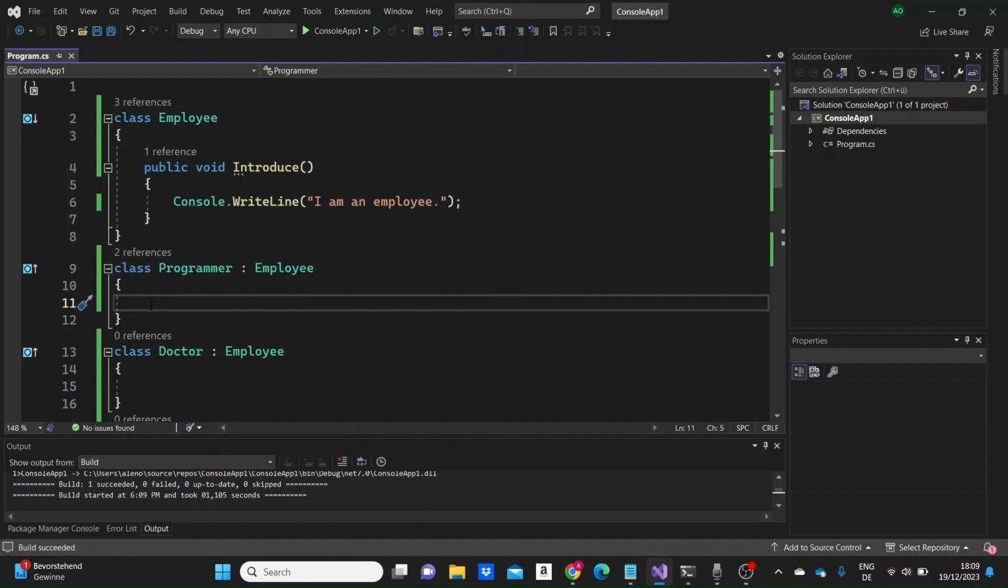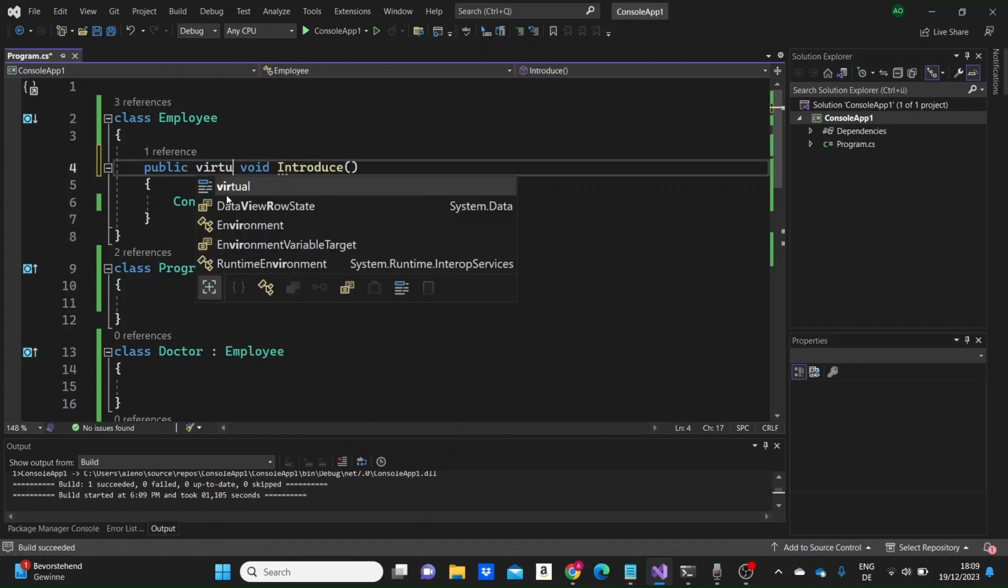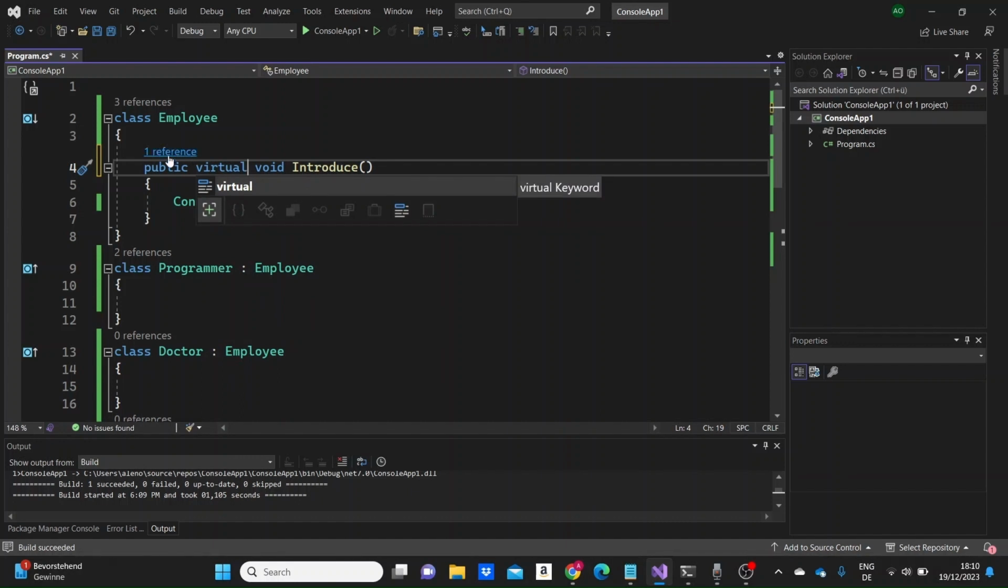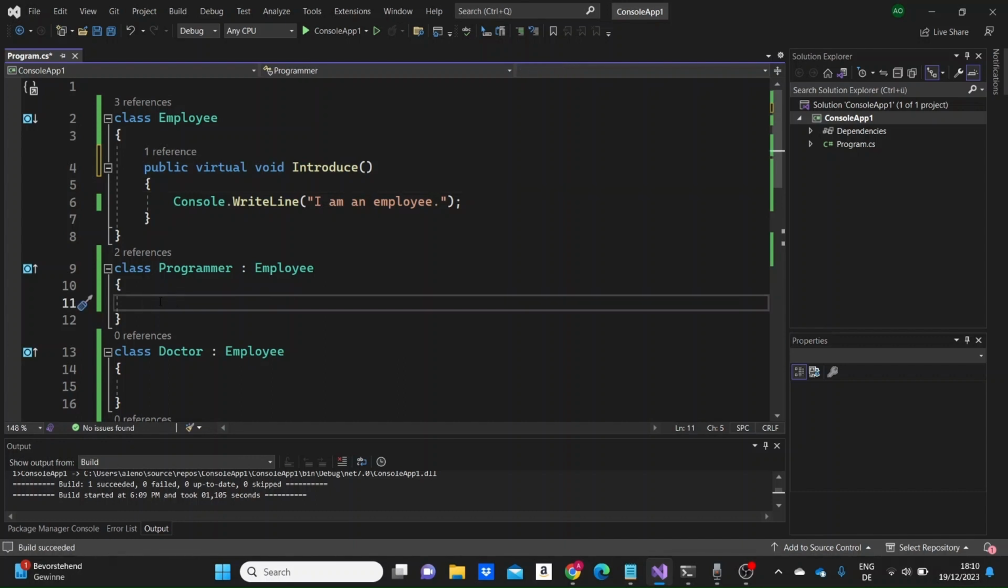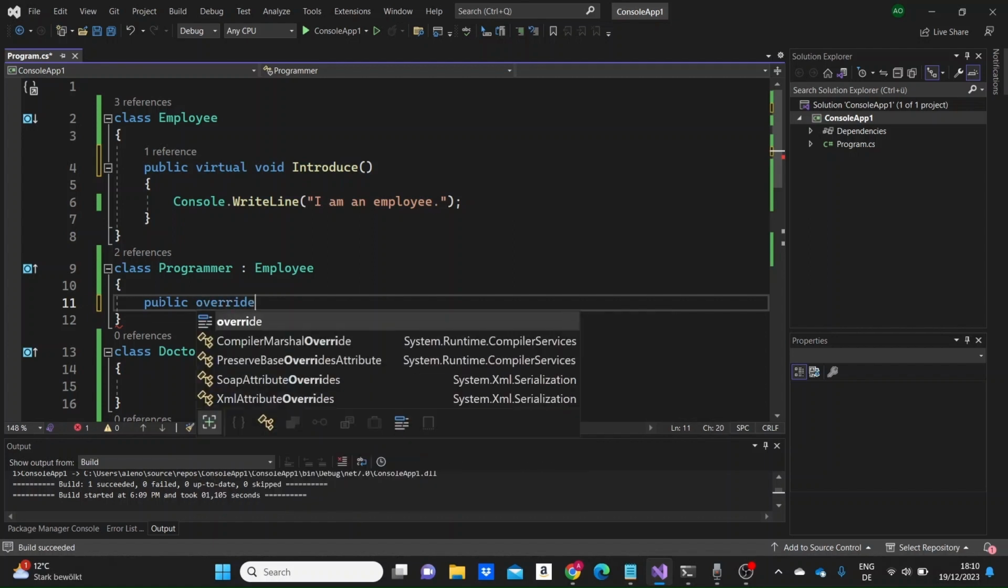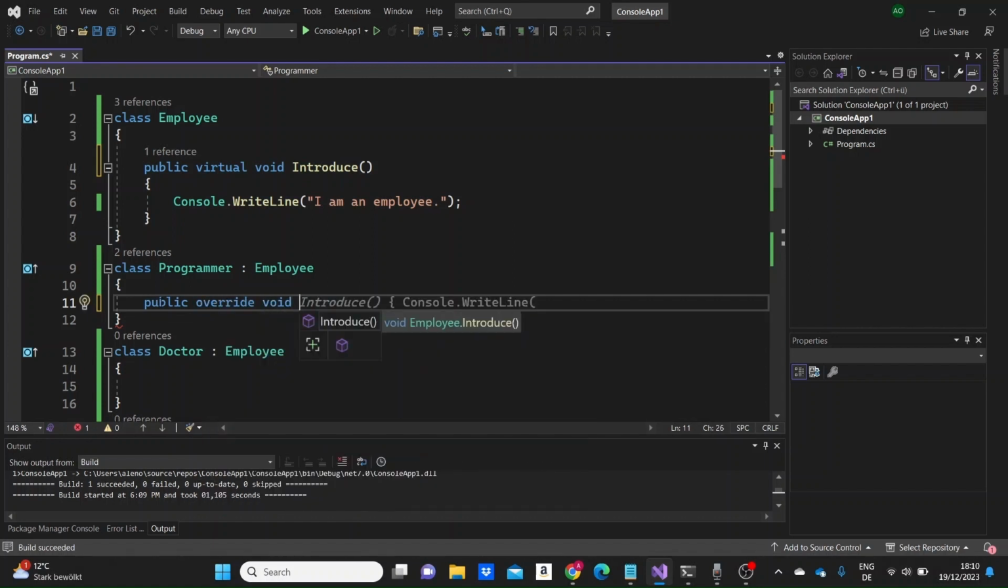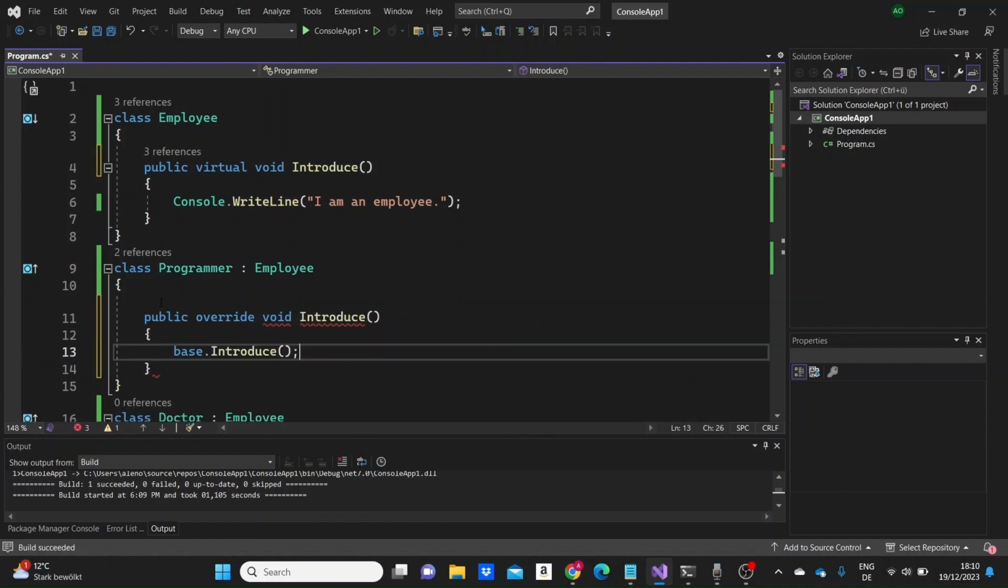Let's say, for example, we want the introduce method in each of these classes to print out something more specific to the console. To do so, we just need to write the virtual keyword on the method in the base class so that we can override it down below in the derived classes. Then here in the programmer class, I'm just going to write public, and then the override keyword, the return type, and the name of the method should remain the same. And I just need to print out to the console